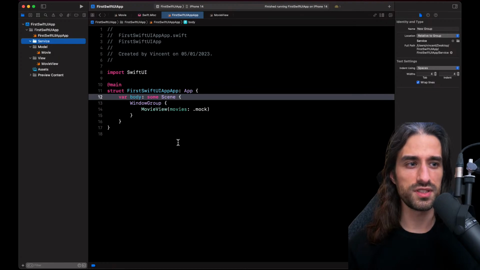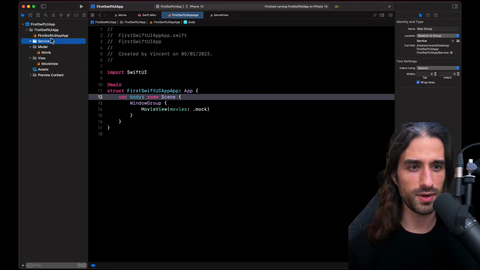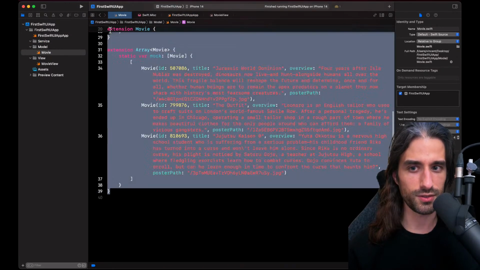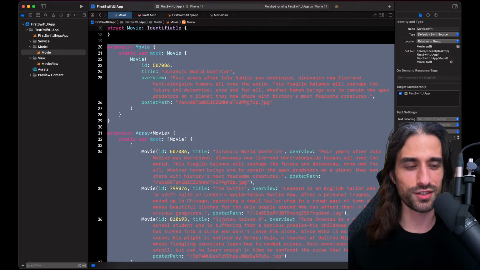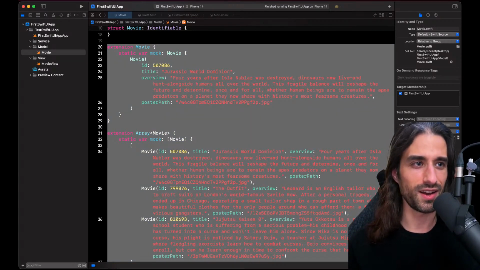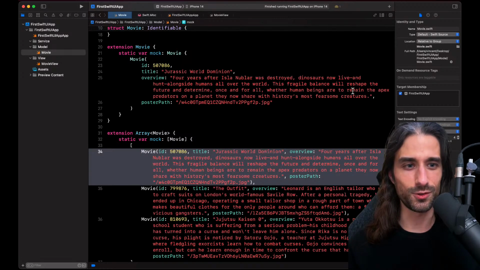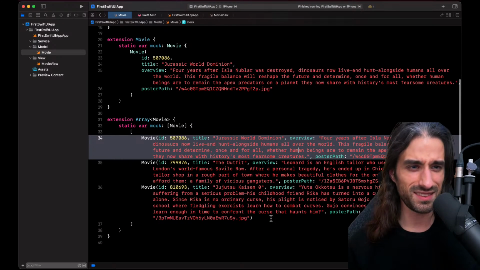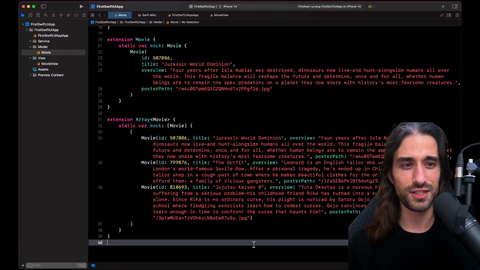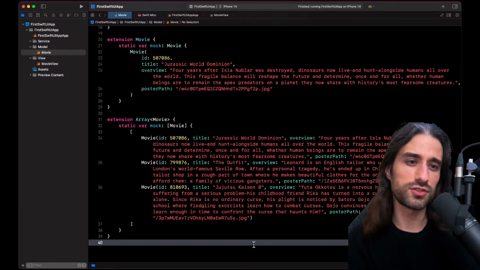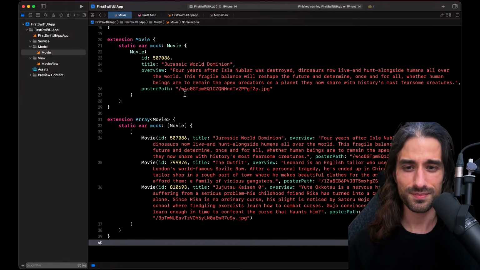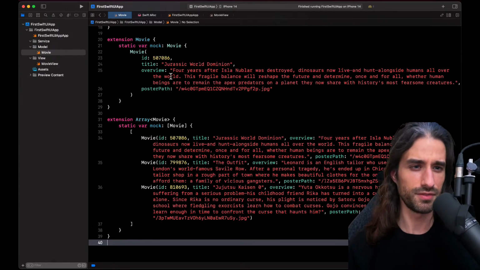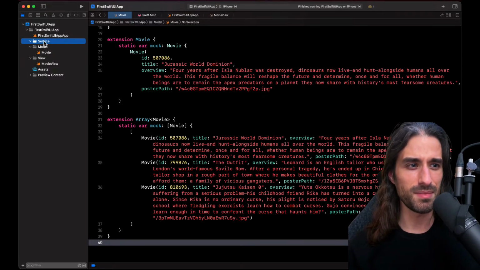For those who are following along using Xcode, can you share the mock data? Now I'm regretting not having put the link to the project on GitHub. You know what? I'm just going to try something. I'm going to try and copy and paste it in the chat. We'll see if it works. Okay, no, it's way too long. What you can do if you are on the latest version of macOS is take a screenshot of this, and there is an OCR feature in macOS, or just write some lorem ipsum. But yeah, I should have thought about it. Damn it, for the next live. Okay, let's implement the service.